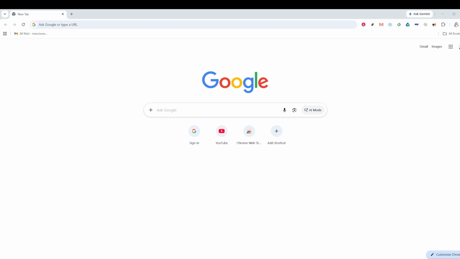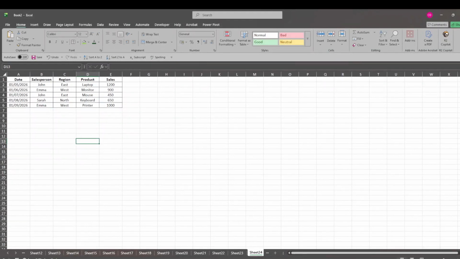A pivot table is one of Excel's most useful tools when you need to summarize, analyze, or report on a large set of information quickly. Instead of manually adding totals or sorting through rows one by one, Excel can do the heavy lifting for you in just a few clicks. Pivot tables are especially helpful for calculating totals, averages, counts, and building reports that are easy to update as your